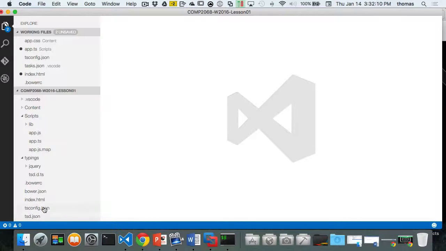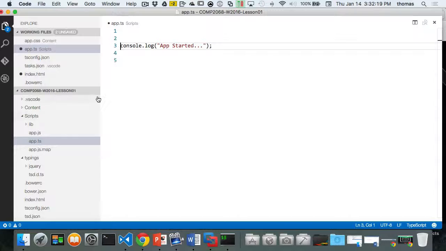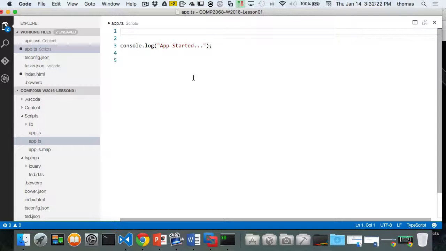So if I'm going to go to my app.ts and I want to reference a file that's inside of my typings, what's my path? Anybody? I want to reference this file here, tsd.d.ts. What's my path? Well, let's show you. So I need to use the triple forward slash, right? Triple forward slash. This is a Microsoft thing. Open bracket, or less than sign, if you will, right? Reference path equals, in quotation marks,